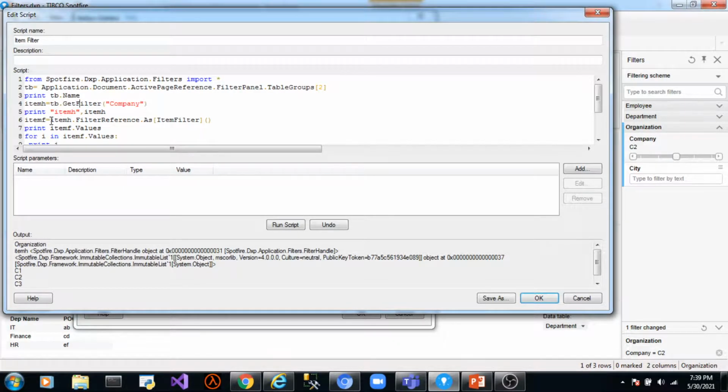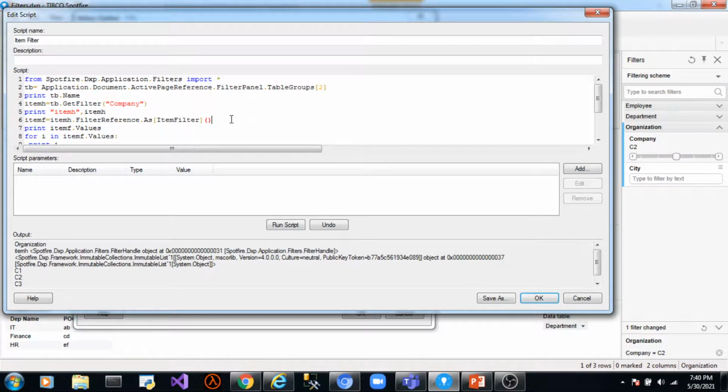Now to get the actual filter, we use the filter reference property with this filter handle object. This filter reference property is defined in the filter handle class. That is why we could use it with an object of type filter handle. Now with this filter we have used the as method to cast this filter into an item filter type object.